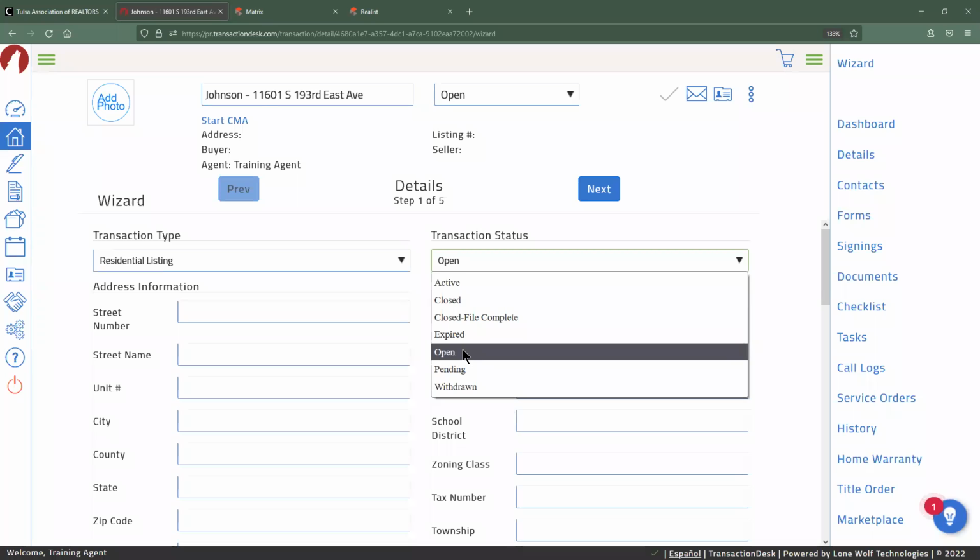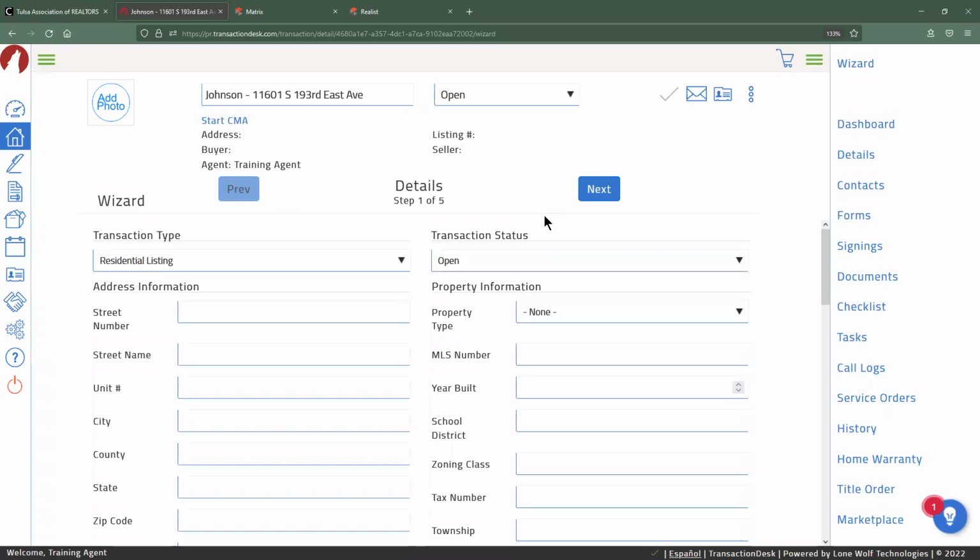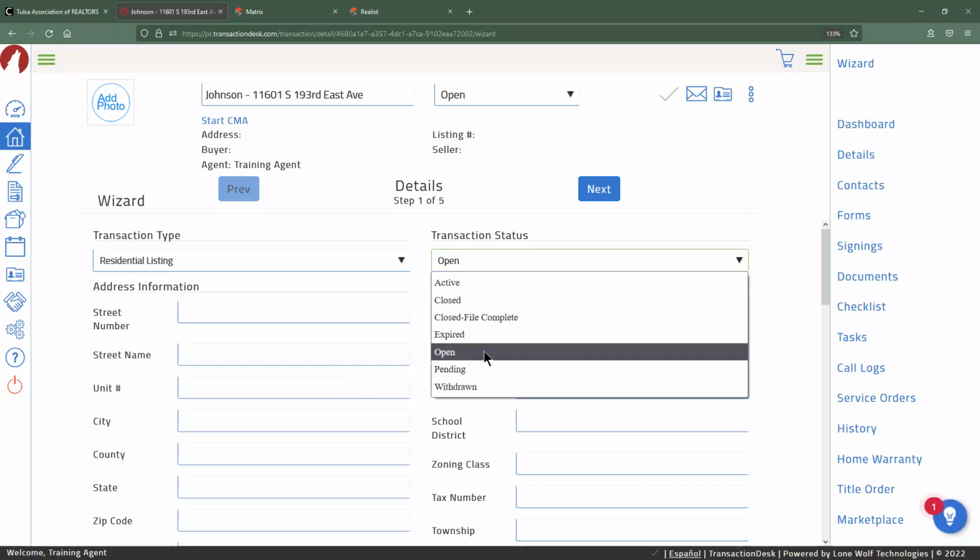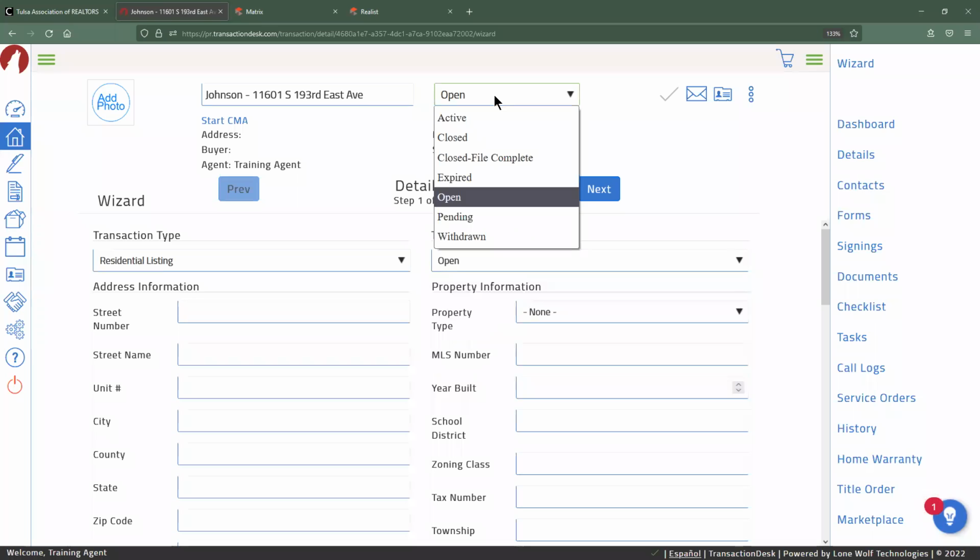But this open status that it currently has us in is effectively just meant to be a limbo state. So when we're first adding all of this information into the system, the expectation is that you don't have the listing number, you don't have any of the other ties in the systems, because you're just putting this data in for the very first time. Now, because of that, the listing certainly isn't going to be active or coming soon, because we don't even have a listing agreement signed, we don't have the property condition disclosure or the property data form filled out. So there's a lot of blanks that we still need to go through. So this transaction status is just left on open. And again, you can always come back later and make that change in a couple of different spots.